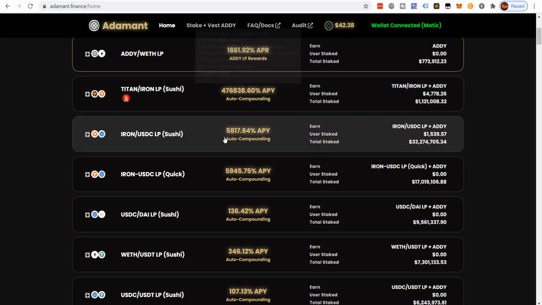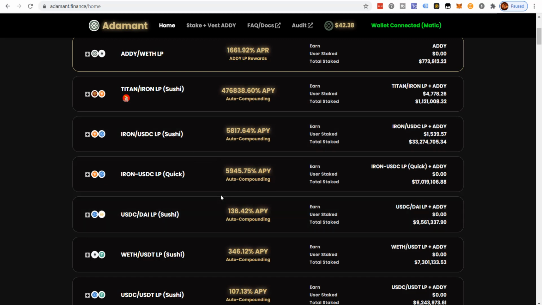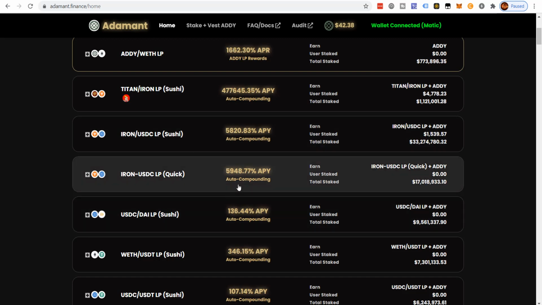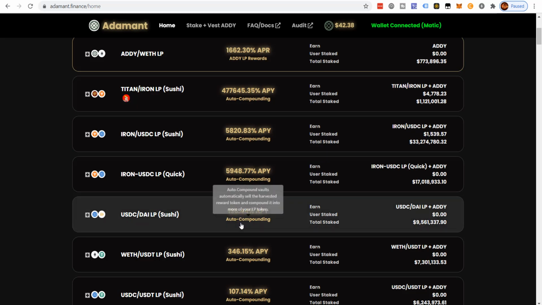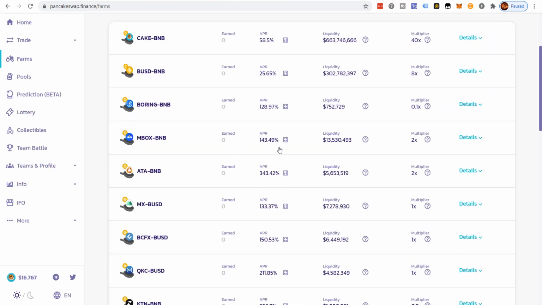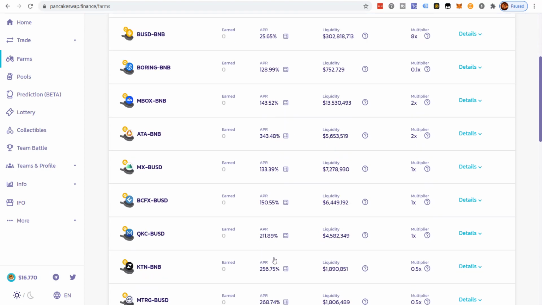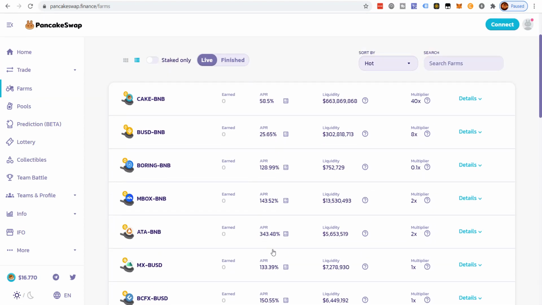But overall, typically when a project is new or more risky, the APYs can be much higher. Over time, whether it's because an underlying token they're paying out with, say the ADDI token or whatever, collapses in price, then APYs go down, or more people come into the pool, and APYs go down. Now, what you can expect is seeing APYs like this. These sort of APYs and APRs are more in line with what you could see with a longer term project, something that could be a little bit more stable potentially. But if you're yield farming high risk assets, expect them to be risky. That's why I gave the example of stable coins.